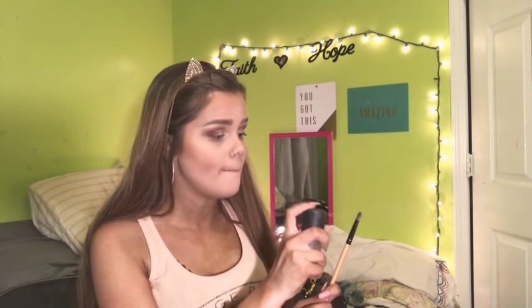So now what I'm going to do is grab some concealer and carve out just right here and create kind of a half cut crease look. Alright, so now I have done both my eyes with the concealer just to create a little bit of a cut crease type of look, and I'm going to spray my brush with MAC Fix Plus,